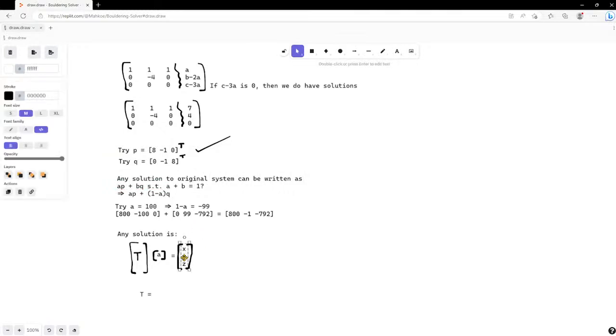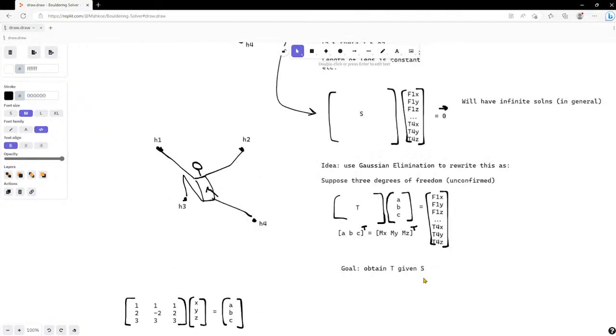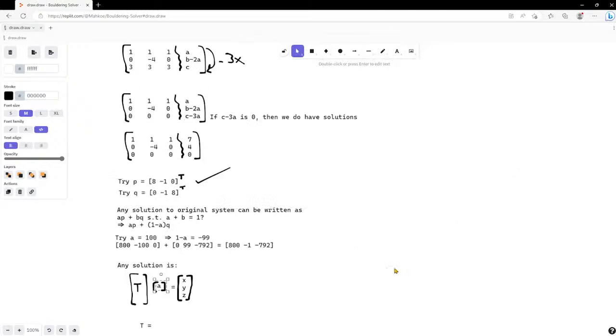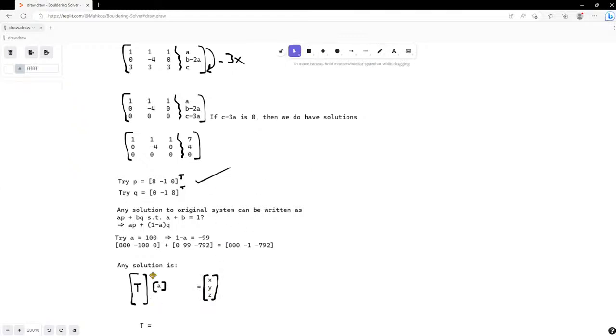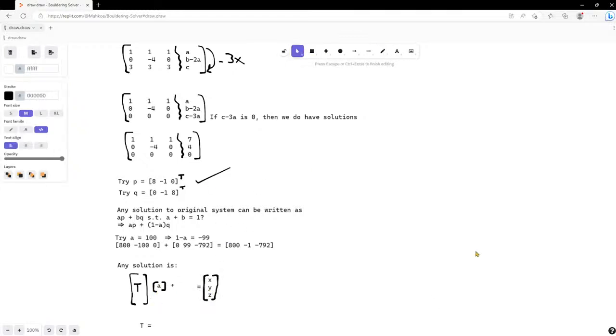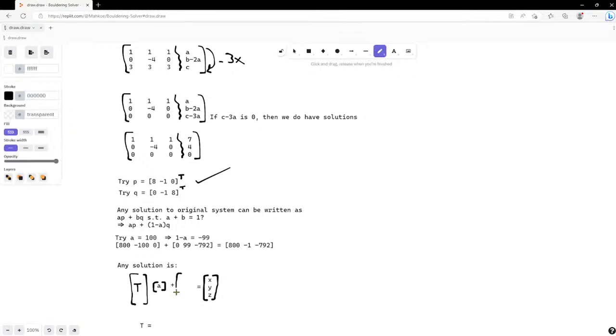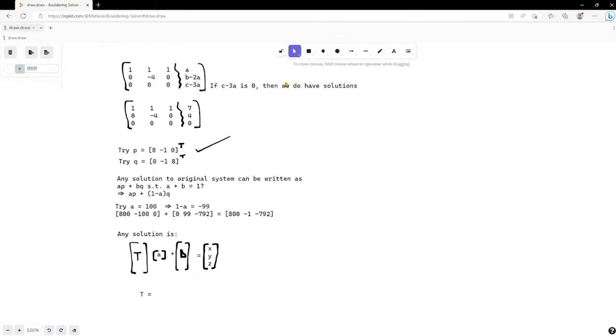Because I need this Y component here to be -1, no matter what A is. So do I need, man, I wish I was better at linear algebra. So do I need like plus, I don't know, let's call this B for bias. So we have t is equal to